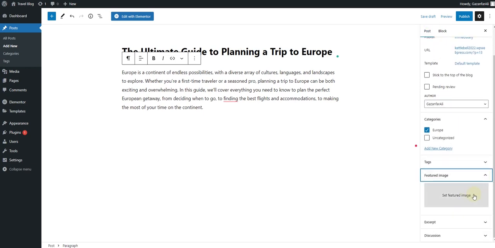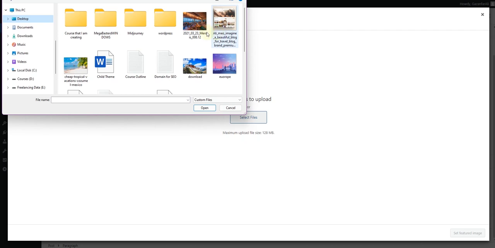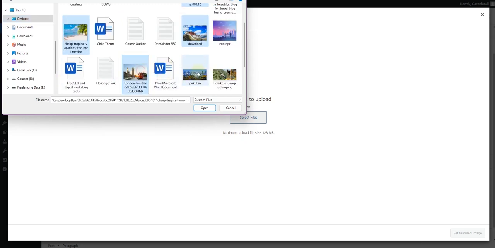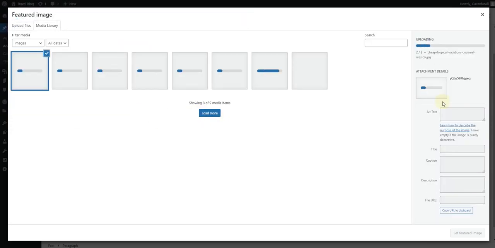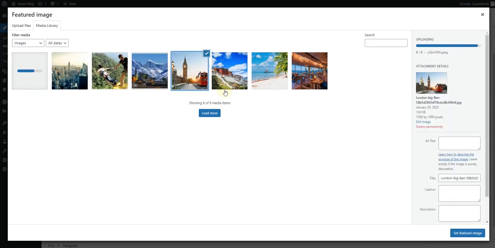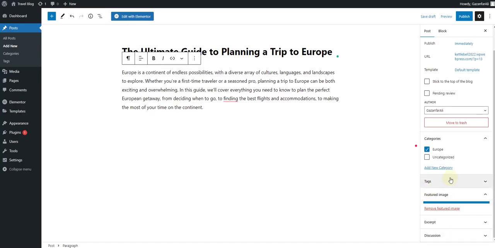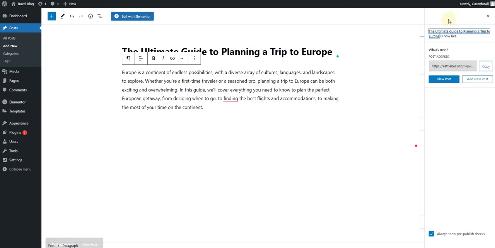So we now have to insert the featured image. In order to set the featured image, we will have to click here, and then you can click on select files. I already have downloaded some of these images that we can use as featured images, so I'm just selecting all of these images so that I can upload them all at once, so that we can use them on all the blog posts. So for now I want to use this image for this blog post, so I'll set this image as a featured image, and here you can see that we have our featured image showing here. Once that is done, I'll click on this publish here,